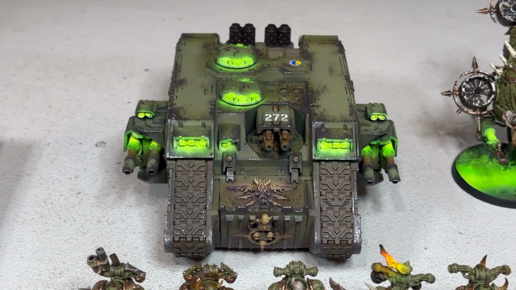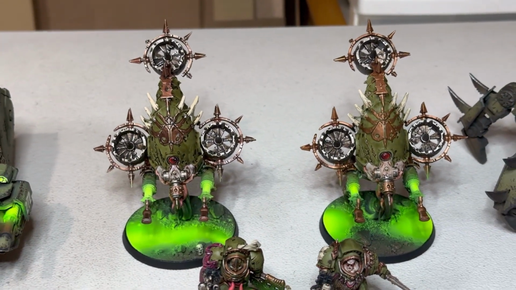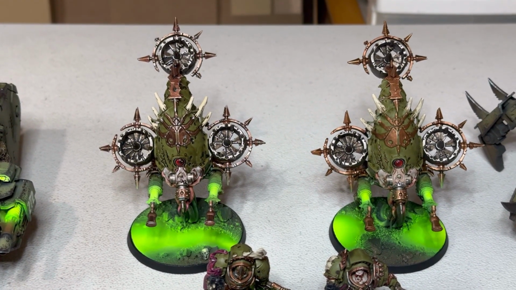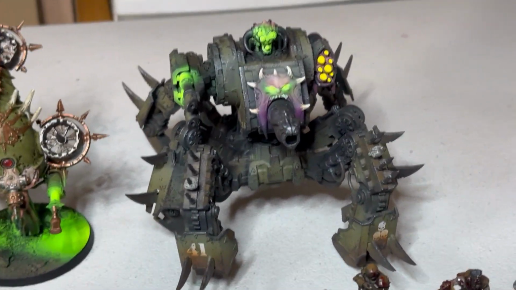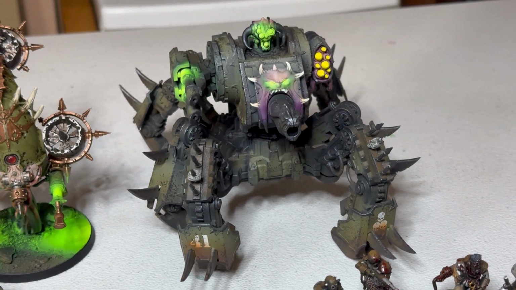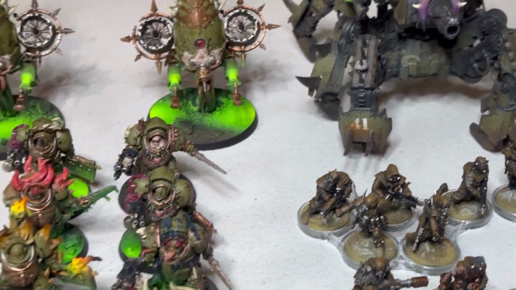And then over here, there are 2 Fetid Bloat Drones, which are probably not going to be particularly good against the Space Wolves, but they are just really cool in general, so I like them. Then there's also a Defiler, just for some more anti-tank, which I'm clearly going to need against these Dreadnoughts and the opposing Land Raider. And then to round things out, there is Typhus's unit, which is the big unit of